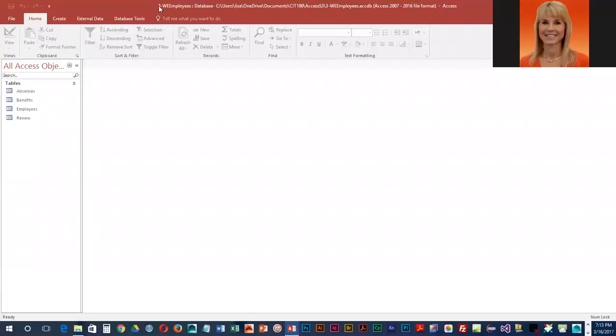I've opened up 3-WE employees. This is in the Access S3 folder. I went ahead and enabled the content, and we are going to be creating a query using the Simple Query